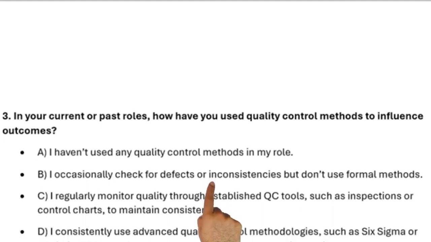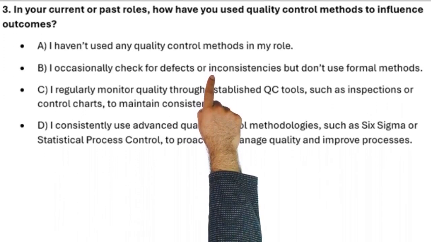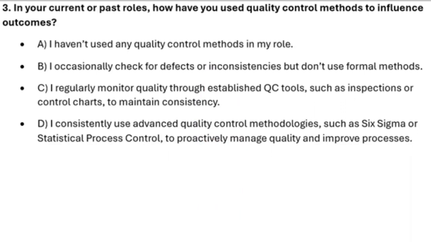3. In your current or past roles, how have you used quality control methods to influence outcomes? A. I haven't used any quality control methods in my role. B. I occasionally check for defects or inconsistencies but don't use formal methods. C. I regularly monitor quality through established QC tools, such as inspections or control charts, to maintain consistency. D. I consistently use advanced quality control methodologies, such as Six Sigma or statistical process control, to proactively manage quality